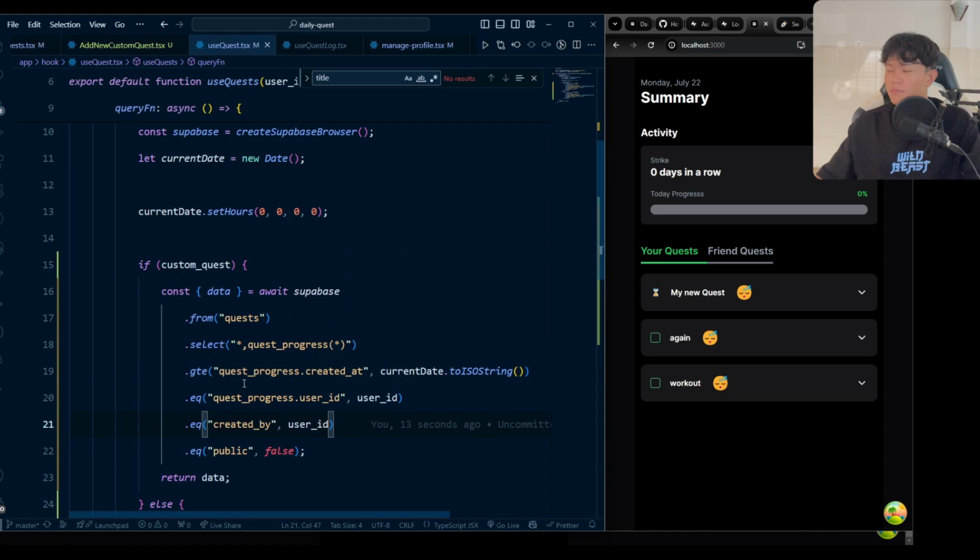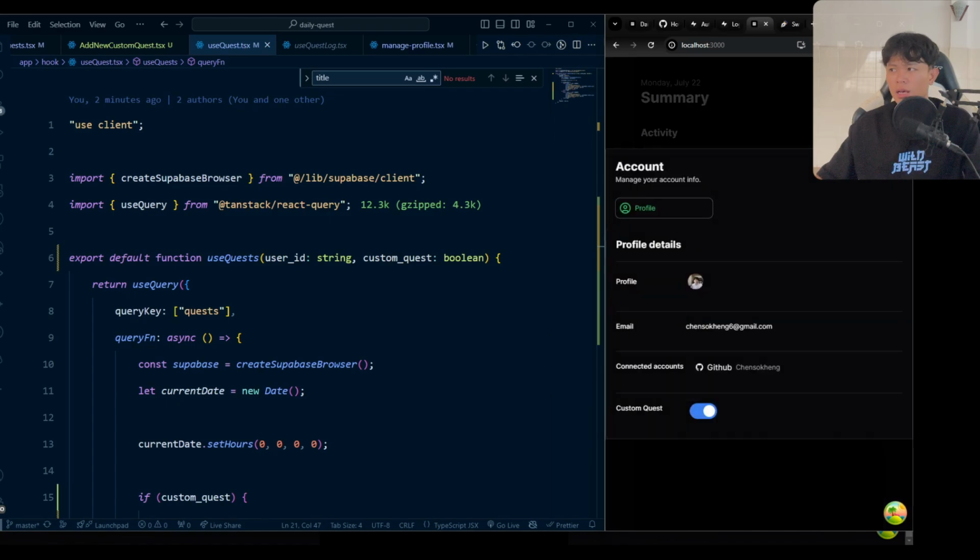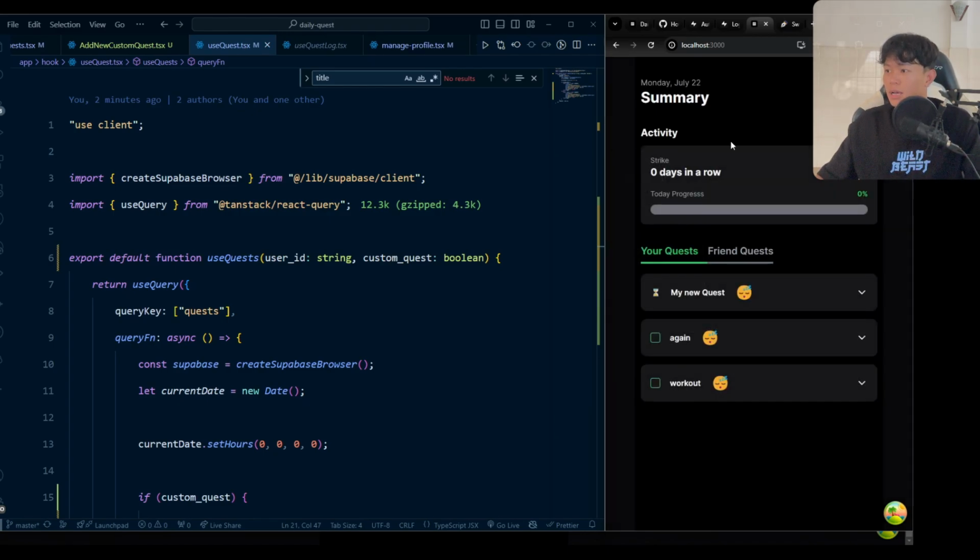That's great. Right now I need to do one more thing, which is that new users do not know if they have the ability to add a custom quest or default quest or not. Oh yeah, I think maybe before we go and do that, I need to update the progress, today's progress. This one,